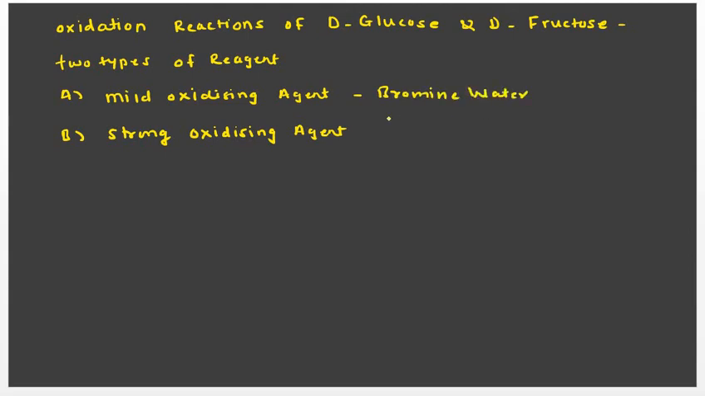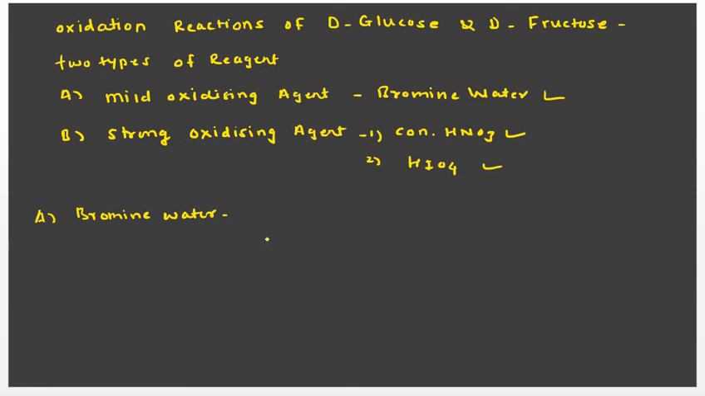And the example of a strong oxidizing agent is concentrated HNO3. Another example of a strong oxidizing agent is periodic acid, HIO4. So these are the two strong oxidizing agents, and bromine water is the mild oxidizing agent. Now we'll see one by one. First of all we'll study the mild oxidizing agent, that is bromine water. This bromine water is a mild oxidizing agent, and due to this it can oxidize only the aldehyde